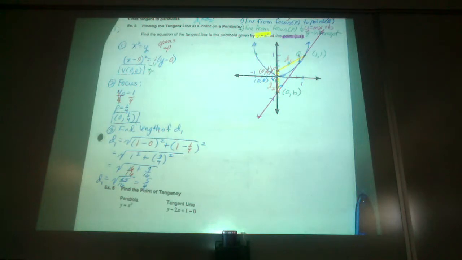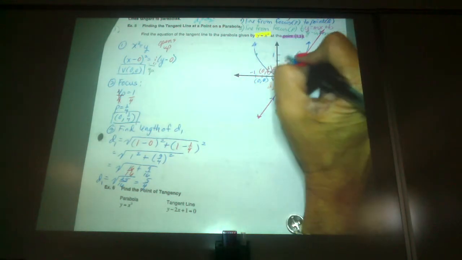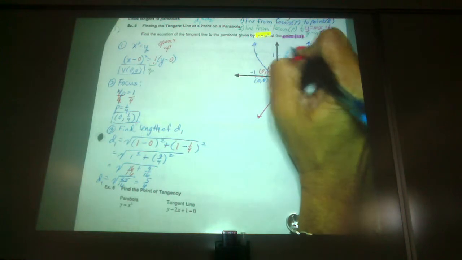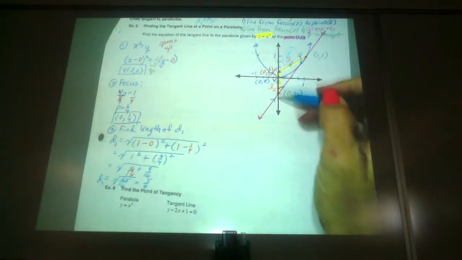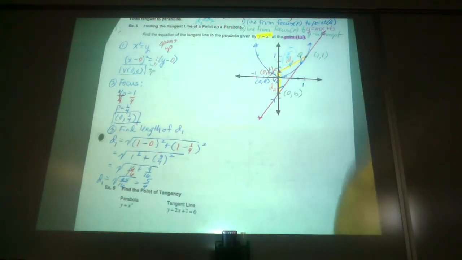And we're not using a quadratic formula. And that would be that formula, right? So now I know d sub 1. So d sub 1 has a distance of 5 over 4, right? That means this has a distance of 5 over 4. So then step 4